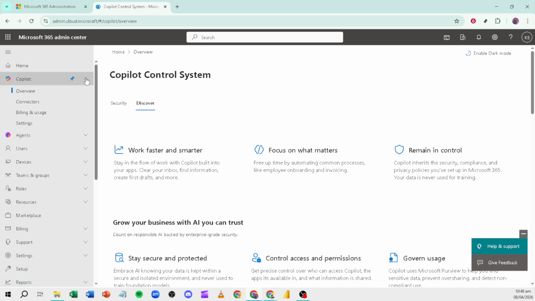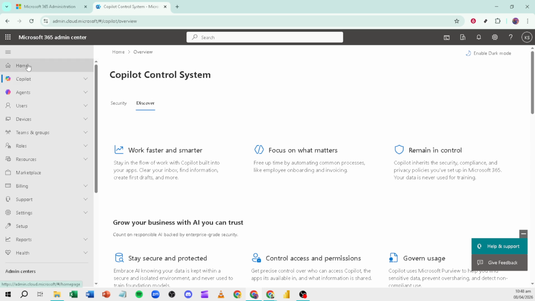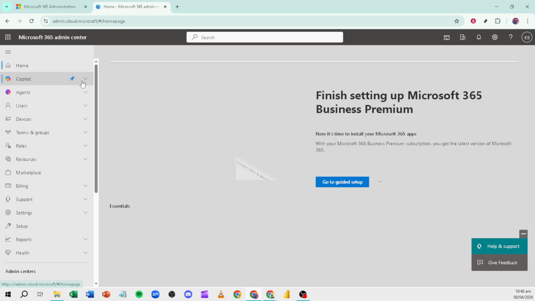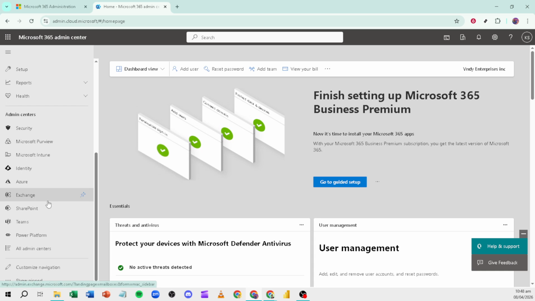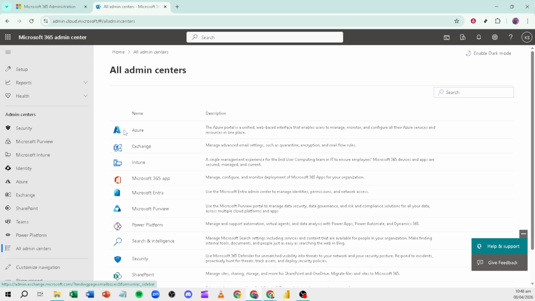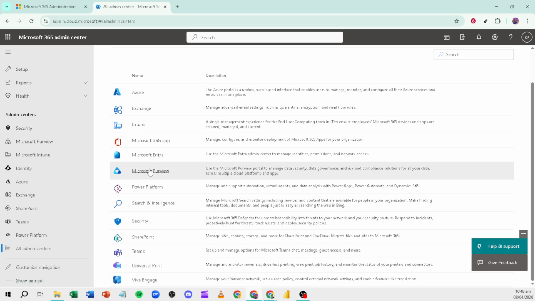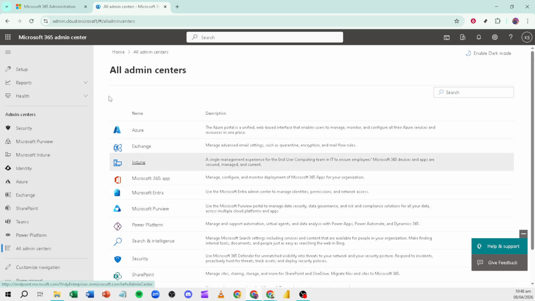Finally, scroll to the bottom of the navigation menu to find direct links to deeper workload-specific consoles. These shortcuts take you straight into admin experiences for services like email, collaboration, security, and compliance, so you can move from a high-level overview into specialized settings without losing context. That's the dashboard view in the Microsoft 365 Admin Center, a flexible, customizable